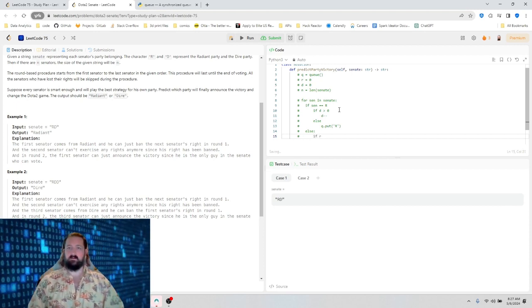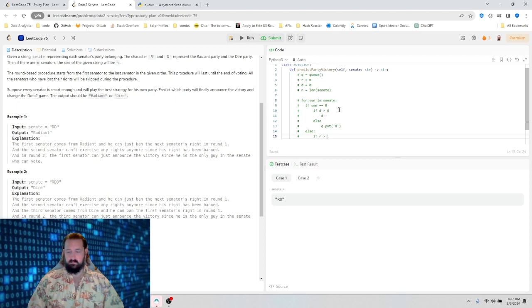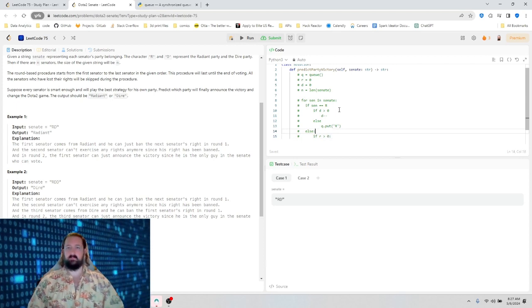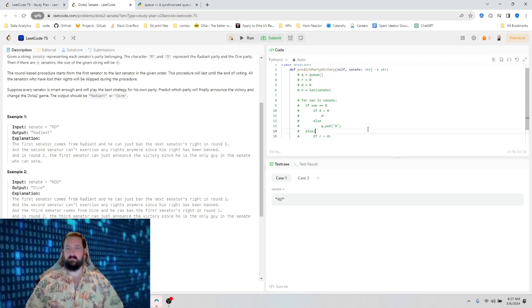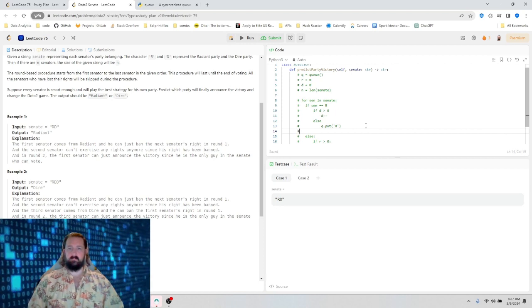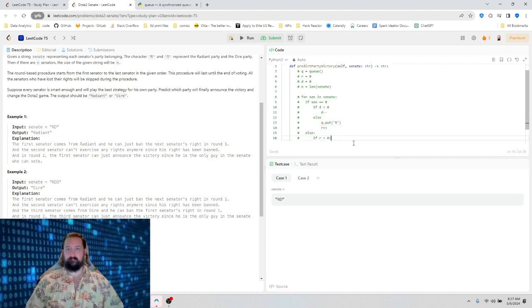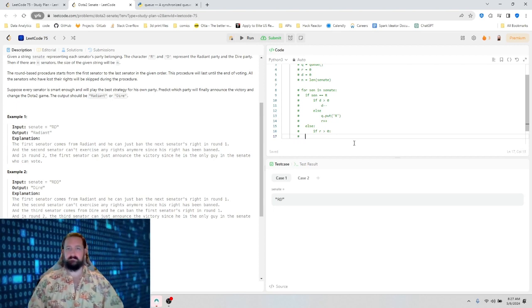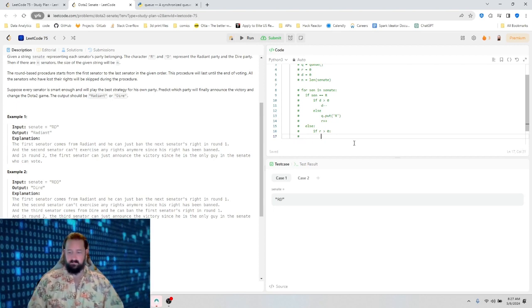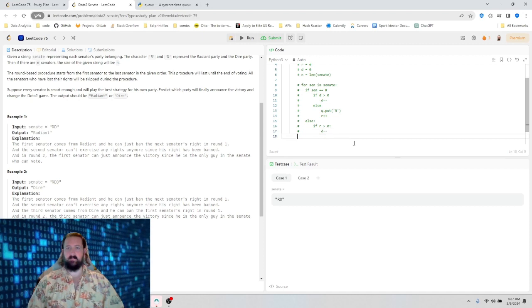If R greater than 0, I forgot I have to increment. R plus plus. If R greater than 0, then D minus minus.